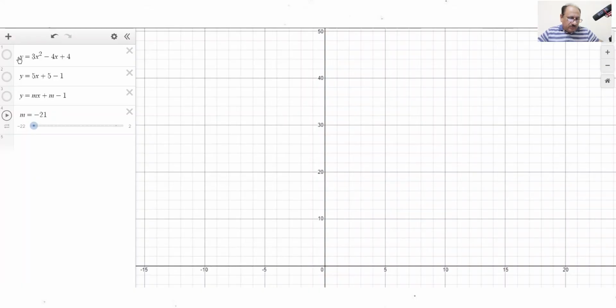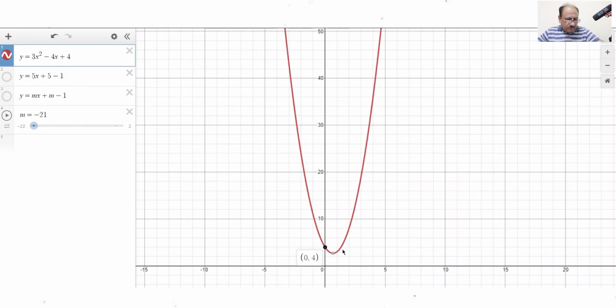So this is our equation: y is equal to 3x square minus 4x plus 4, and I have written it already over here. And if we plot this graph, this will be over here. This will be the graph which is having y-intercept as 0 and 4, and the minimum value is over here. So we are not interested in minimum value, or in y-intercept. So this will be our curve, and the line equation which is provided to us is this one: y is